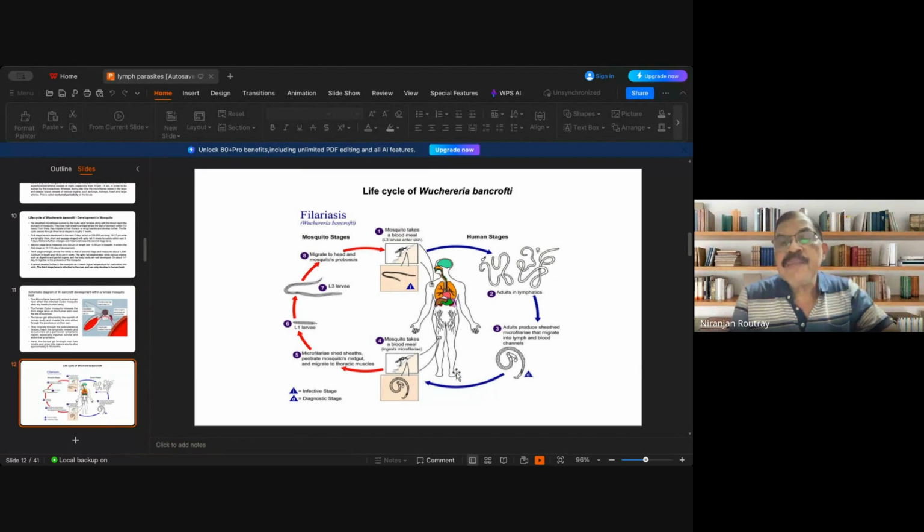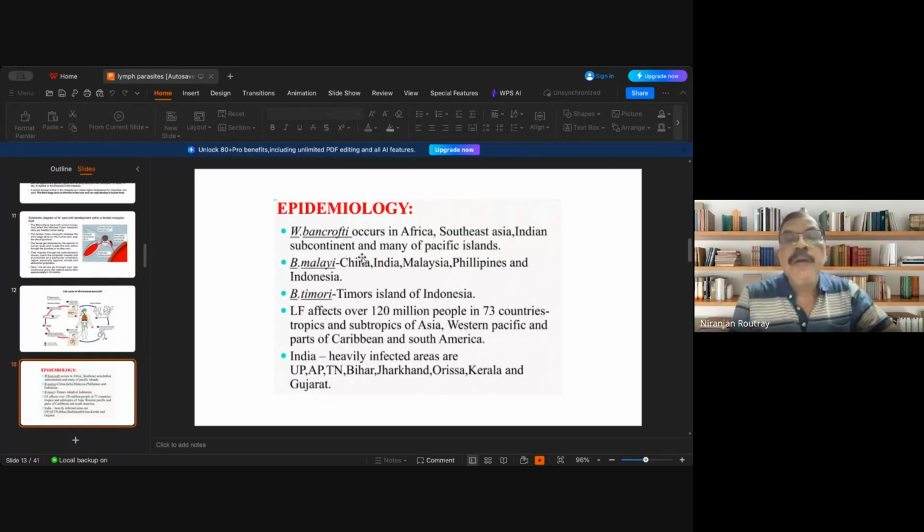Now, see, in this stage, during the night time, when the mosquito bites the body, the microfilaria enters into the body of the mosquito, and here they change their structure. From larva one, they pass through the molt, they develop larva 3, and ultimately they reach the thoracic muscles, and finally into the salivary glands of the mosquito to be transmitted to a fresh human being.